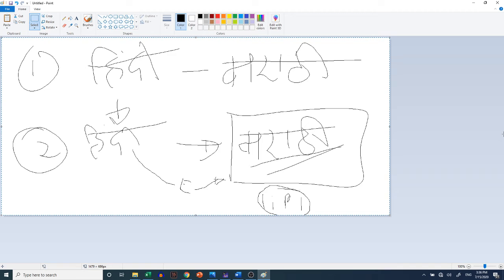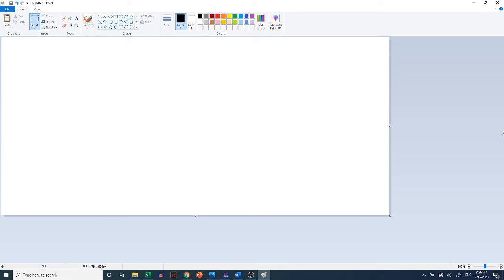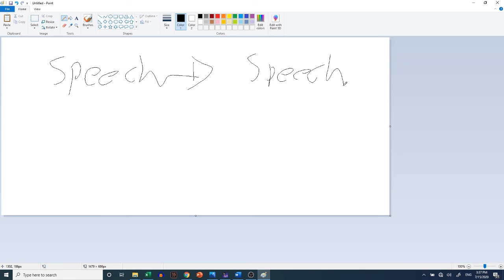Now the third phase is quite difficult because now we are going into the speech. So basically speech in Hindi will be translated to speech in Marathi. So here we need natural language processing NLP to translate your Hindi speech into Hindi words.